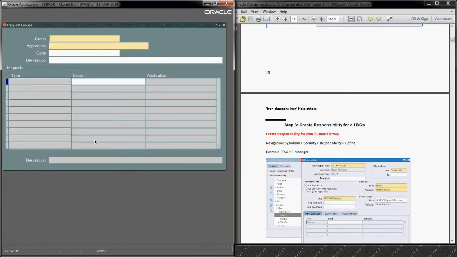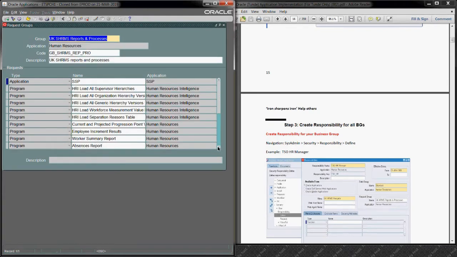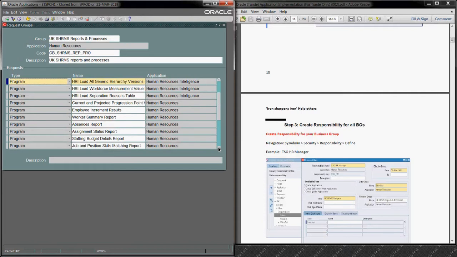close this form. Let me go back again. If you notice, all these are standard reports from Oracle. These are very, very good to run. So instead of creating some customized reports, you can actually use standard reports. But the problem with standard reports is, if you notice, this says organization hierarchy, this one says position hierarchy, this one says termination. Instead of running this report in isolation, running that report in isolation, running every single report